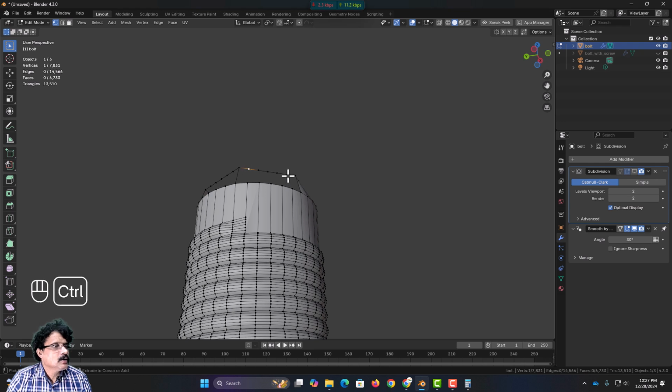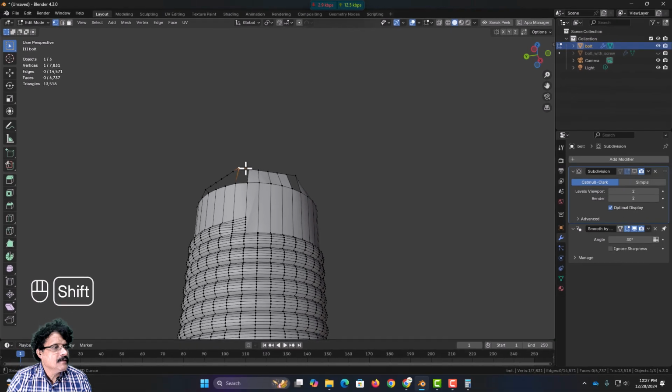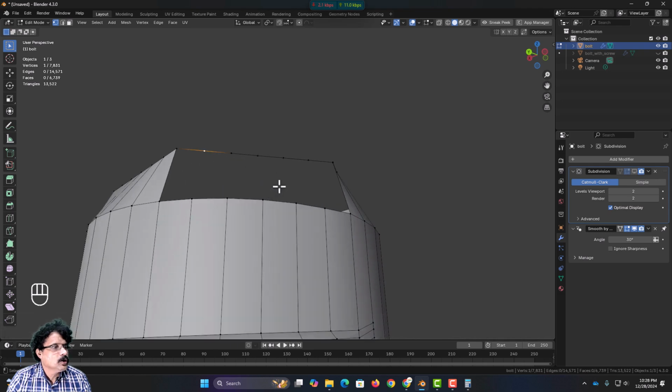Select here, Control-click here, with Shift you select till here, Shift-Control till here, come here and choose Edge, Bridge Edge Loops. Then I will select these 4 here and press F, then I will select these 4 here and press F, and finally here I will select here and Control-click till here,